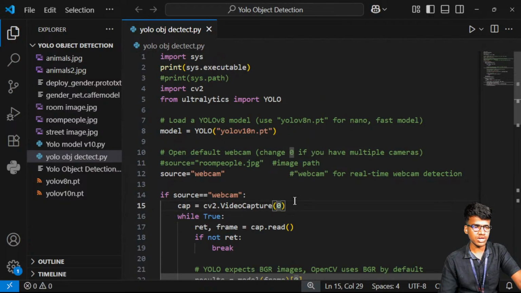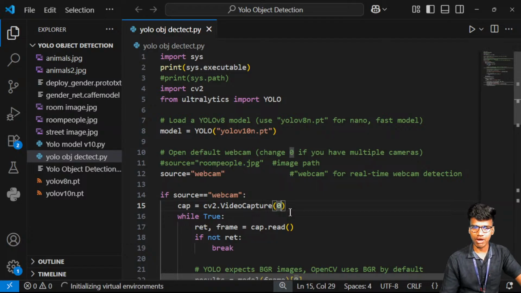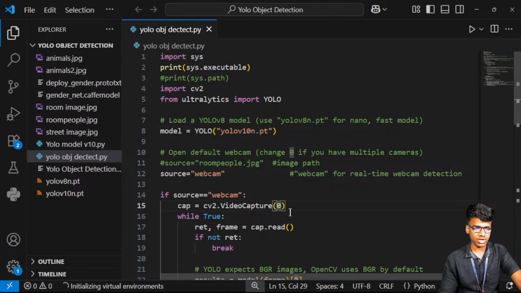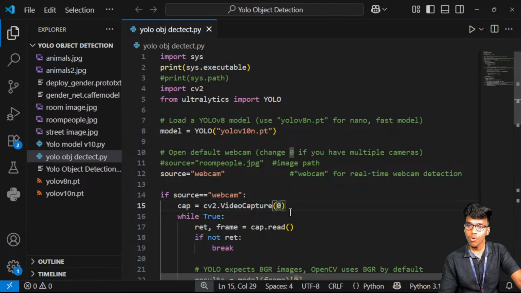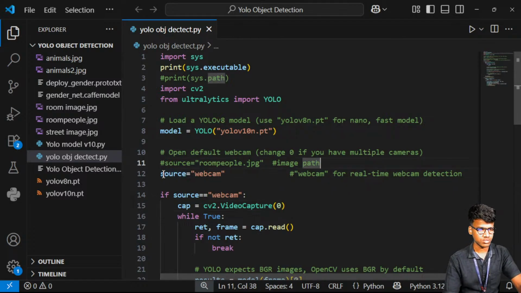Okay, now you can see here are two ways to detect objects. One is to use the real world camera and identify real time objects, and the next is to use images. In that particular image, we have to find out what all the objects are present. Okay, first we will see it image wise. So two kinds of sources I have to initialize here.